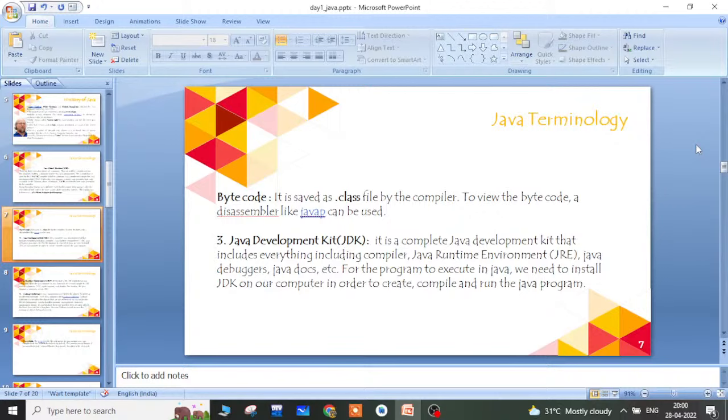Whenever you want to implement your application in the Java programming language, first of all we have to install the JDK on our computer, and then you can create, compile and run your Java program. So JDK is a complete toolkit used for developing Java applications. Without the JDK we cannot create or run Java programs.